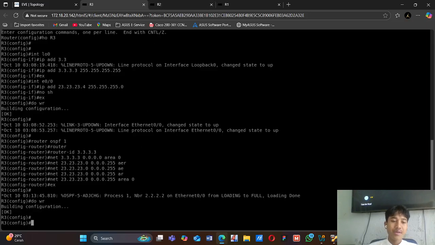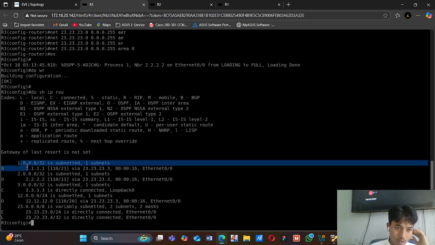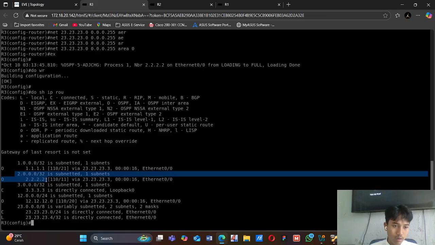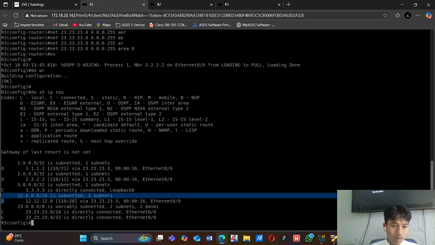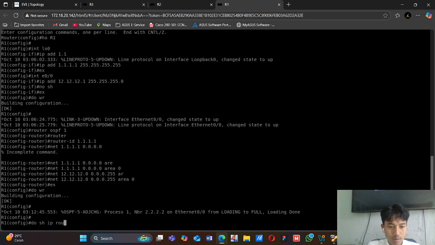So in here we can verify using do show ip route to see the routing table. You can see the IP loopback of router 1 is already in the routing table of router 3. The status is O, meaning OSPF. This is also the loopback of router 2 and the network of router 1 in here already, guys. Okay, so we can also check in router 1 with do show ip route.